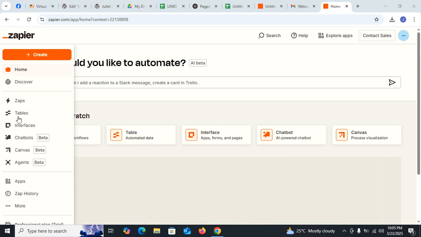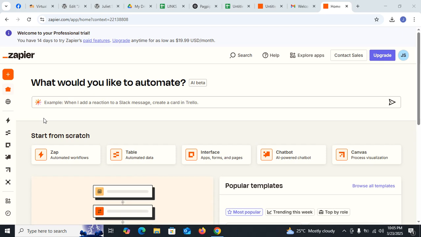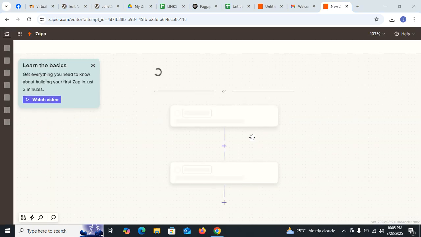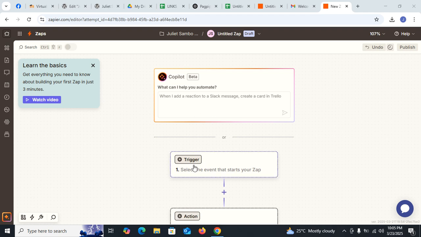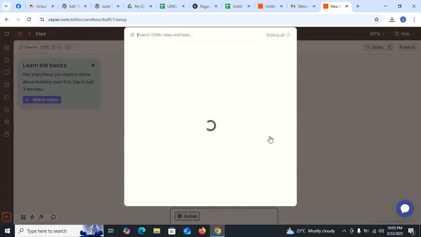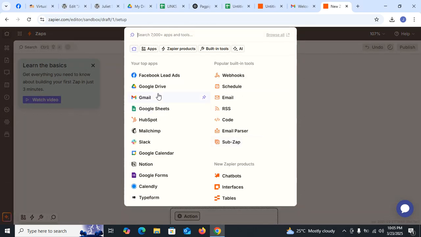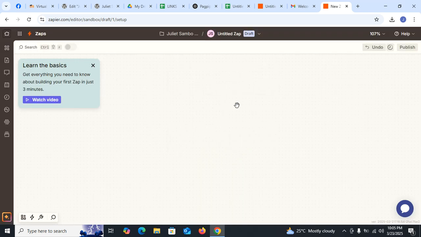So we're back here in the Zapier account. So click Zap. We'll create again. So click trigger, and then I'll choose Google Drive.